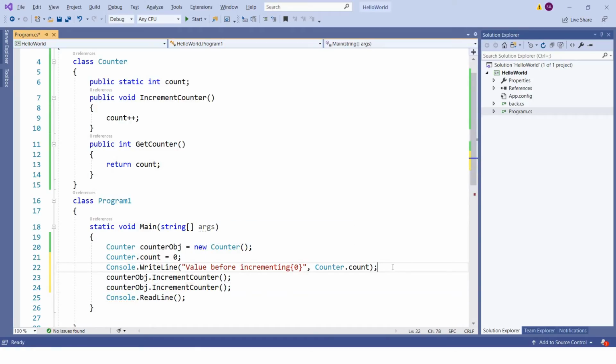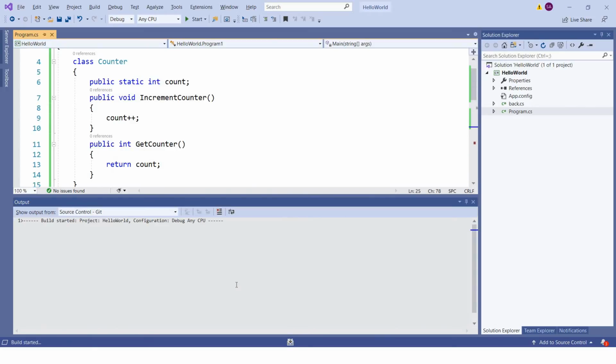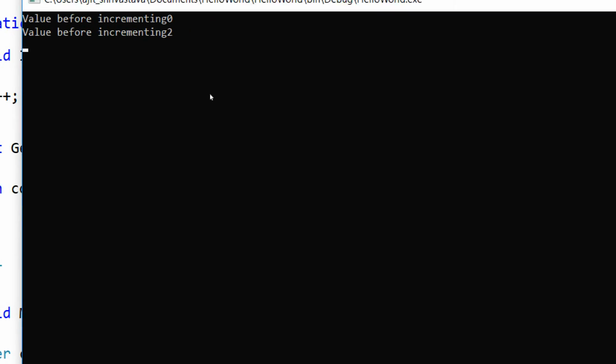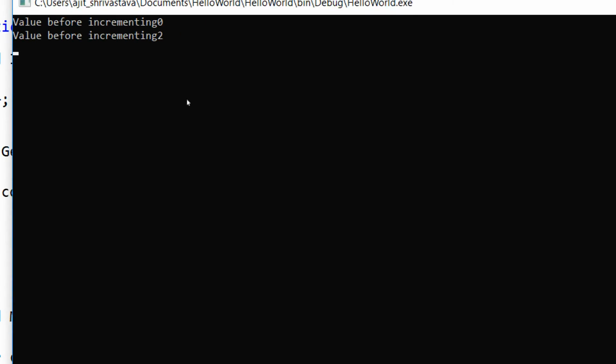Now let's print the same and run this. You can see the value before increment is 0, and since we have called the increment function twice, the value becomes 2.